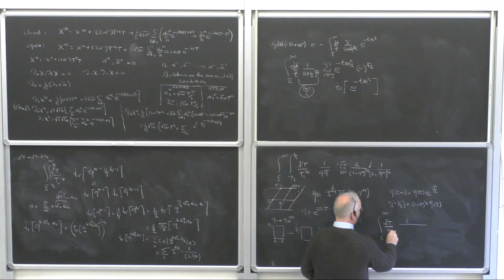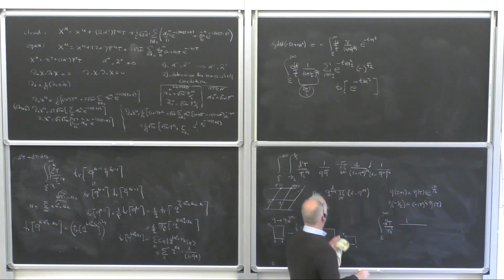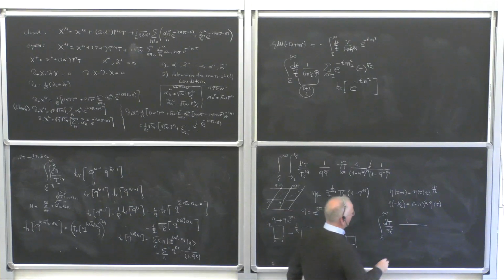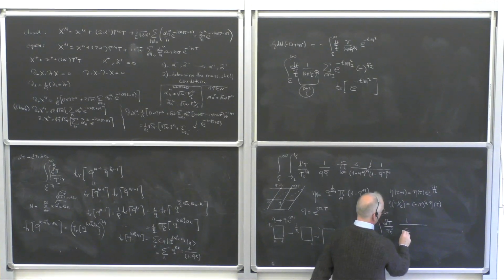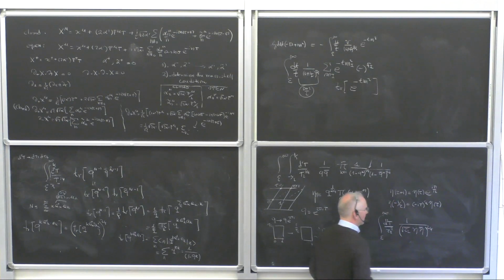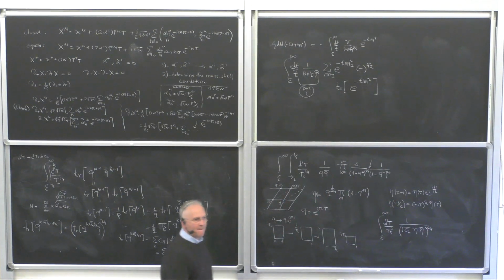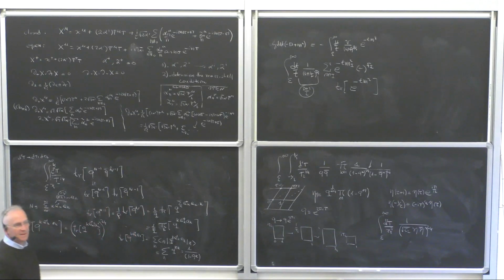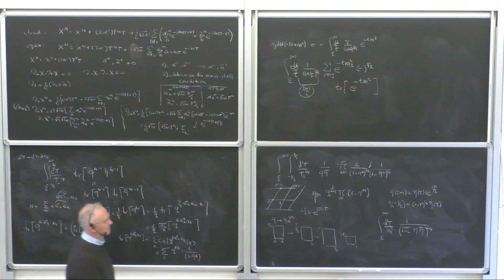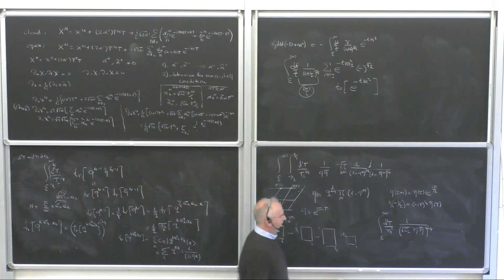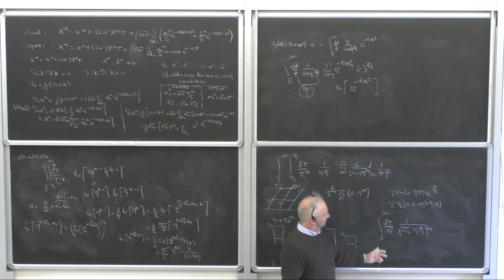I will split these 14 powers of tau 2, and then there is a surprise whose significance was only understood in the mid-80s by people. You see that